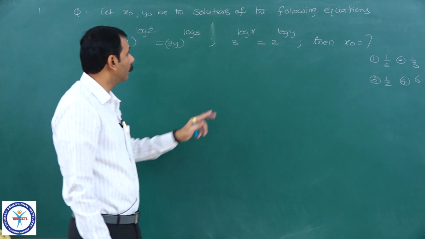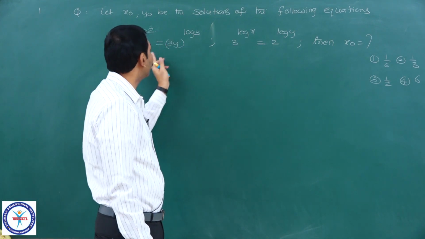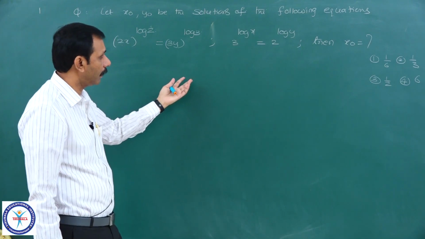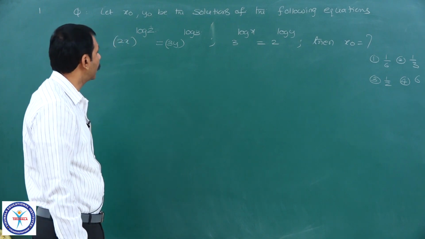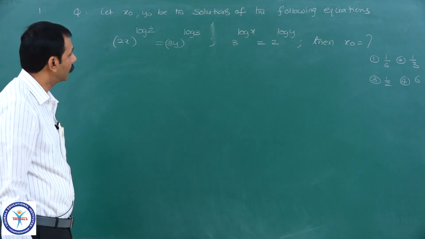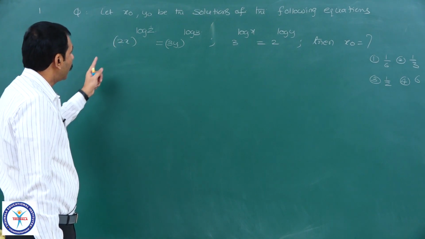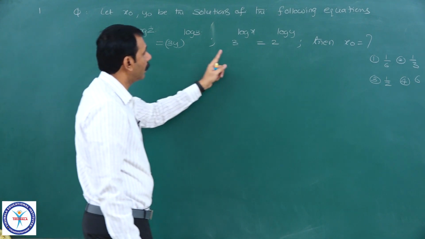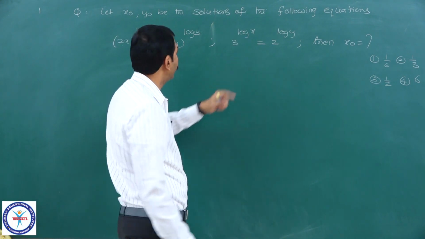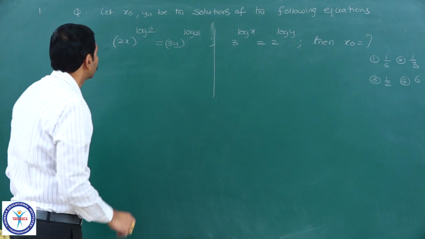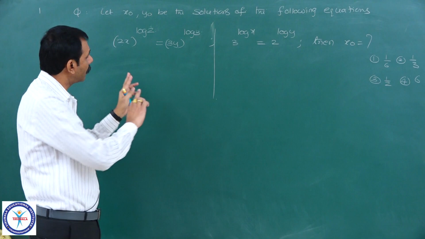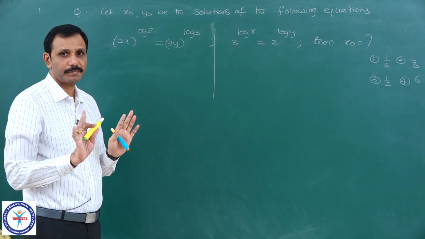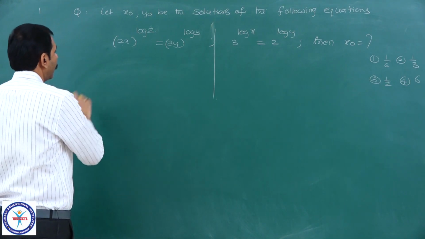So, what do we need to do here? We need to eliminate y from these equations, and we will get the x value. That x is nothing but x naught, which we need to find. How to eliminate y? Use logarithms. Take logarithms for this equation and for this equation, and eliminate y. Here you observe, the base is not given, which means it is understood that the bases of these logarithms are the same. Right. Take logarithms.